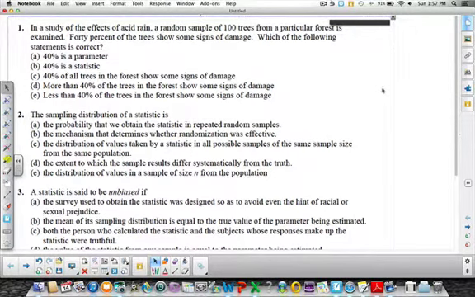This is the answers for the Chapter 7 test that you guys took, and we'll start with the multiple choice section. Okay, so in number 1,